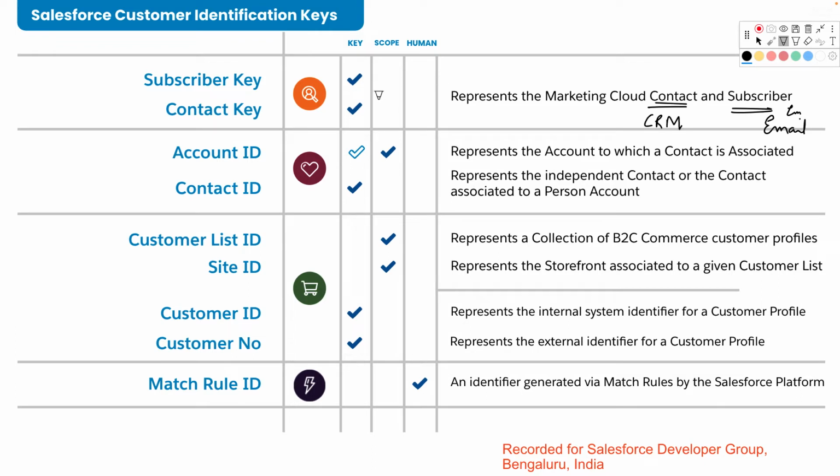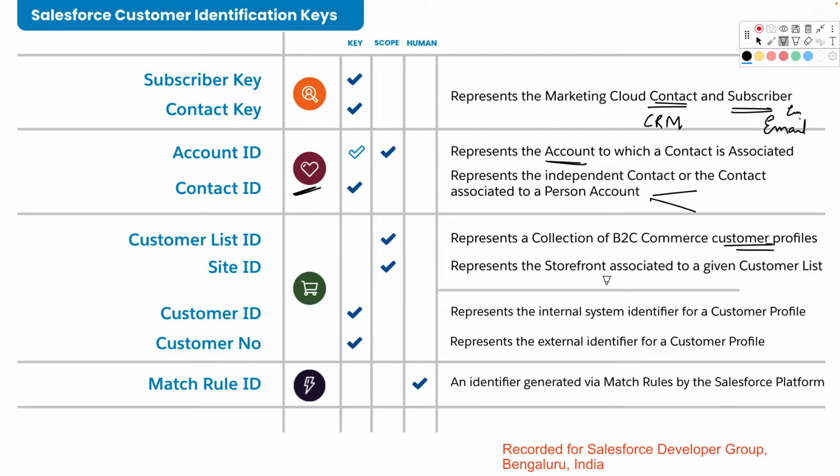So yes, I've got subscriber key, contact key. On service, I've got account ID, contact ID, like to which account they are belonging to, or is it an independent contact, or is it a part of person account, which is a combination of my contact ID, account ID, things like that. For B2C commerce as well, I've got